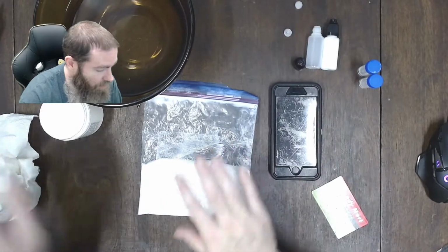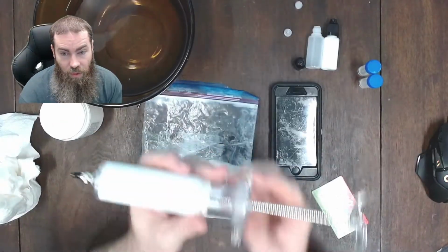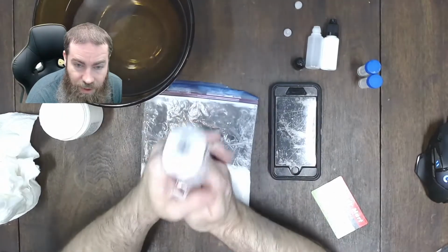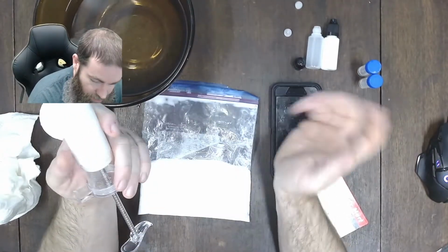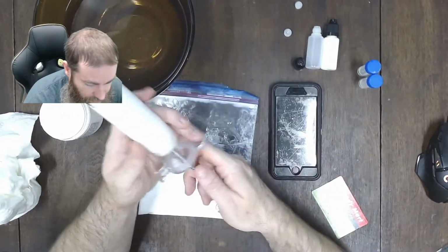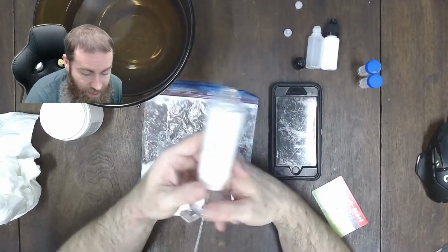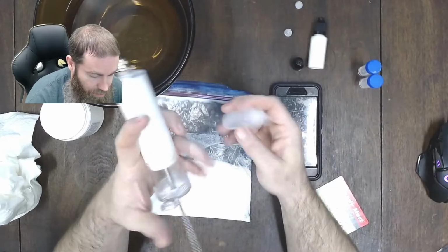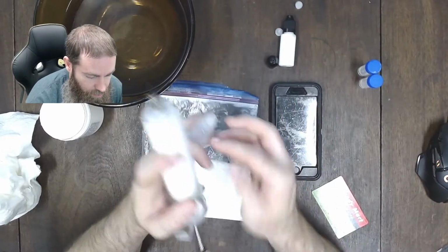Another thing you might want to get is one of these massive syringes. It just makes filling the bottles go a lot easier. I'm sure you could probably fill them without it, but for me, I find this to be the most effective method. What I like to do is I will